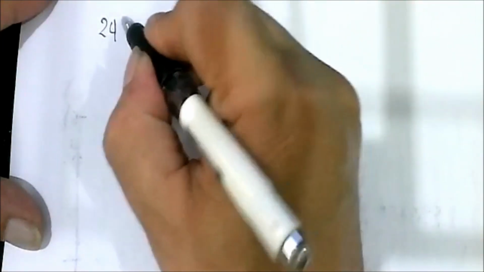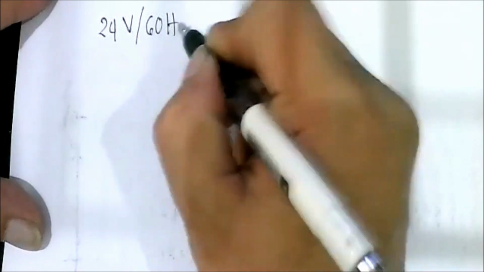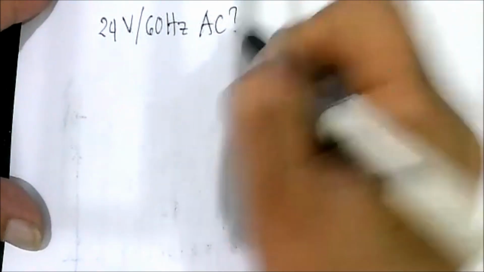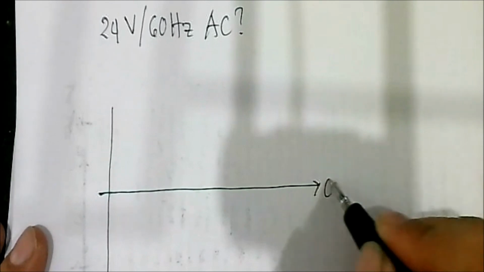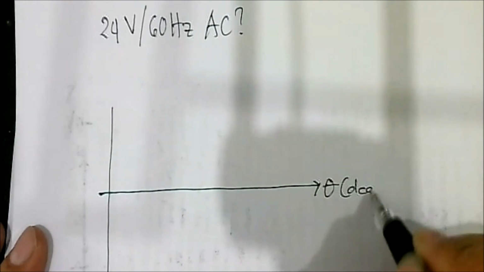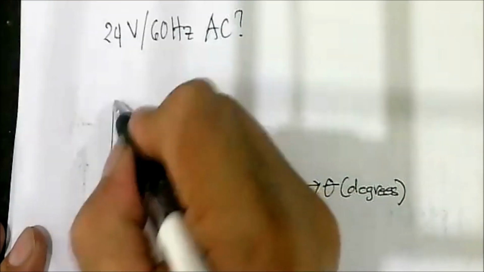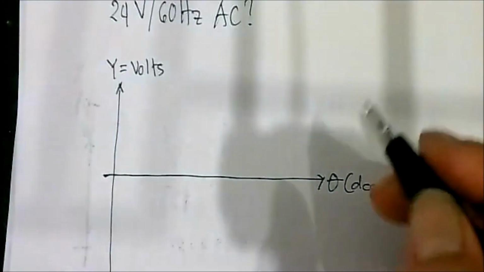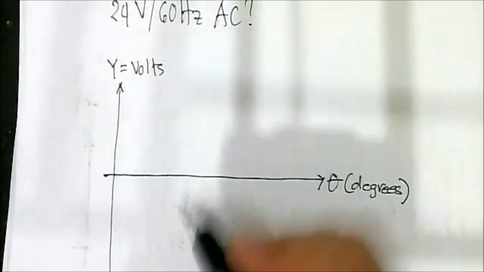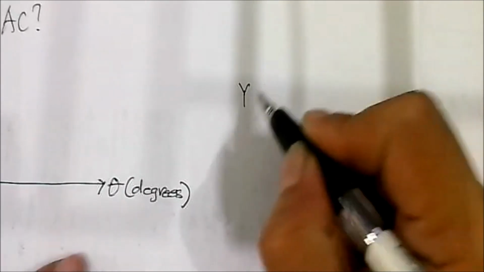Now next we are going to solve for the cosine waveform. 24 volts, 60 hertz AC. So this is your theta in degrees. This is your Y, or your voltage. So we have here Y, and we are going to solve for Y equals